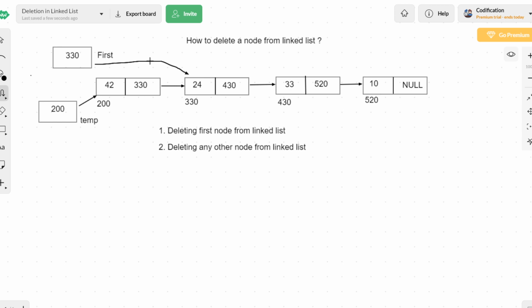The implementation of the free function we will look into later. But deleting this node temp is very essential because it might be occupying some extra space unnecessarily. So delete this node with the help of the free function. That's it. Now, whenever you want a linked list to be displayed or accessed, searching, insertion, whatever you do, you will be passing the address of the first node. Now the address of the first node is 330. So your process will start from this node at 330 and further processing will happen in the similar way. But now we have taken the first node off.